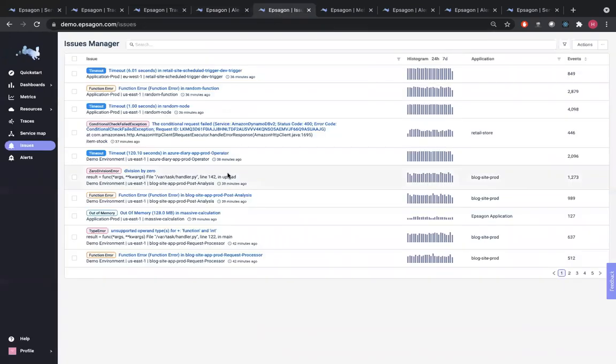Now, all of those alerts are being added together into what we call an issue manager that allows you to see all the alerts as they go through time. And just by looking at this histogram, just by observing it, you can identify what is a severe issue, what is something that happens on a regular basis, and what is just an anomaly. And with this issue management, you can also assign it to one of the team members that you're